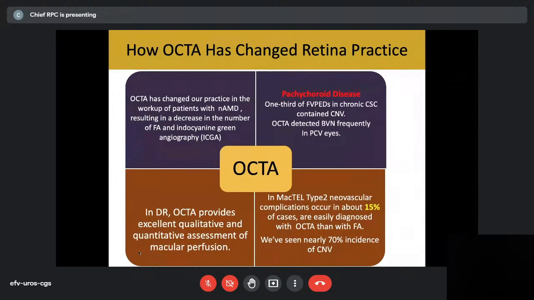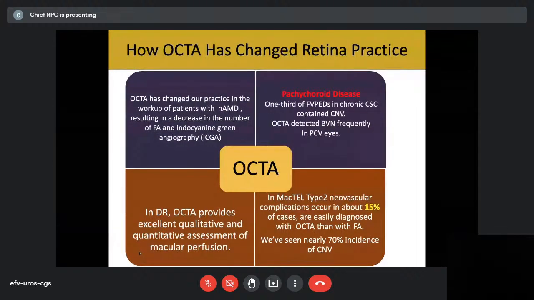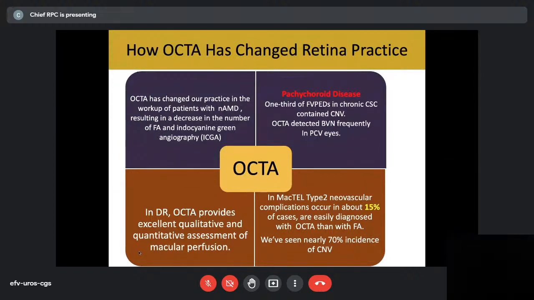You may get a good photograph for the ASRS, but no way, the patient lost his vision, he's going to be crying. You may be the happiest person treating with heavy laser and creating a good picture, but that's not the way. You've got to do very light spots and divided settings. I'm going off this topic because of imaging, but laser is part of it. You should know. And MacTel, as I told you, is very easily imaged on the OCTA for new vessels.